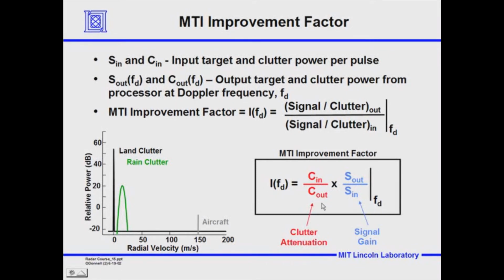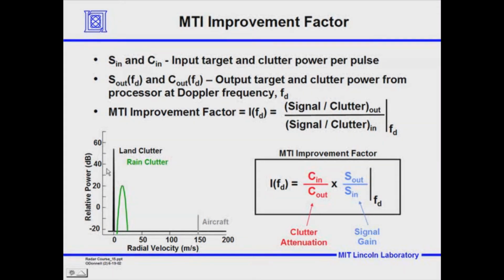So it's the clutter attenuation times the signal gain, or the integration gain, evaluated at a given Doppler. Now the clutter you get out will depend on how you filter it, and that will be a function of Doppler, so you have to evaluate it at a given Doppler. And here we see that if we had